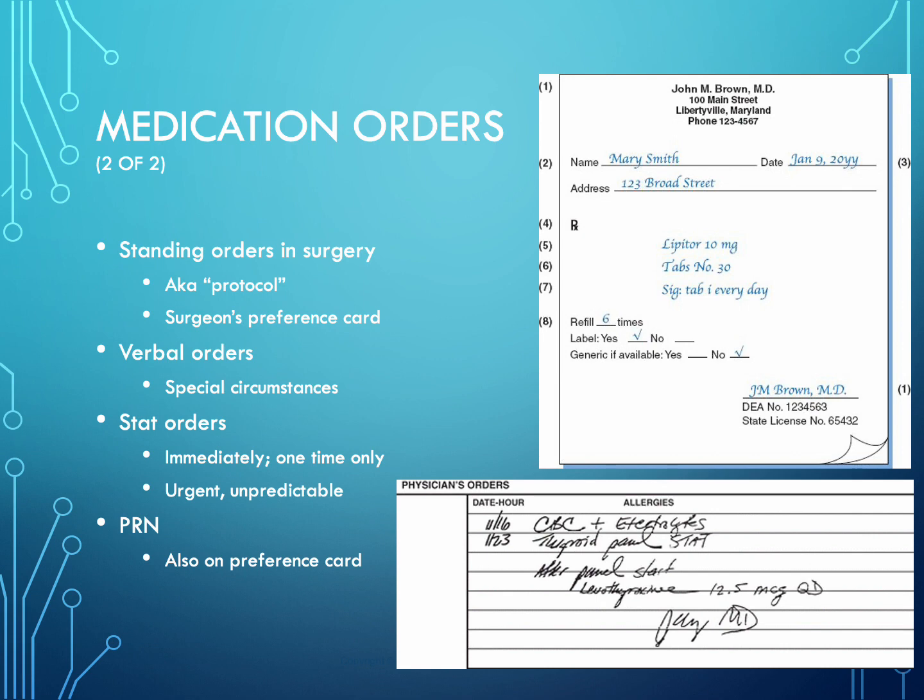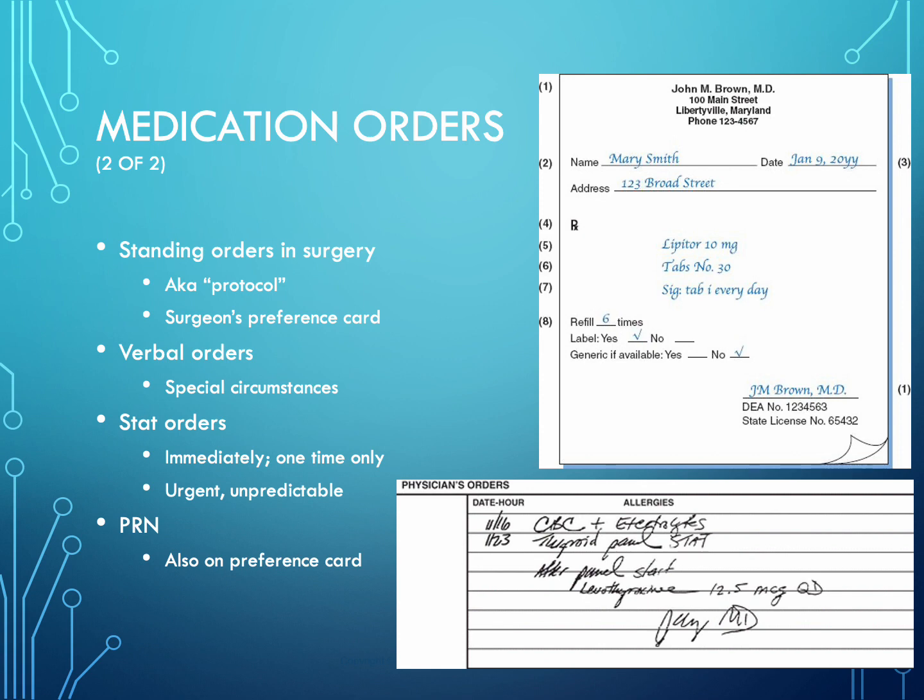Now, verbal orders are also going to be common in surgery. The surgeon might be doing a surgery and request a specific medication be administered from the sterile field. So the nurse is going to give it to us and we are going to prepare it and give it to the surgeon. The surgeon is going to administer it. Or the surgeon might want the anesthesia care provider to give some sort of specific medication. So